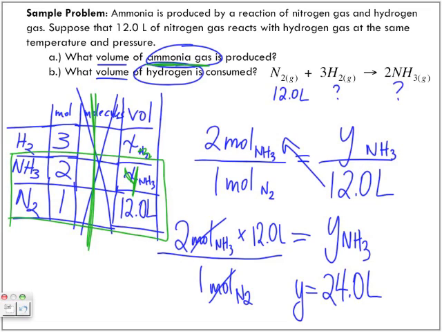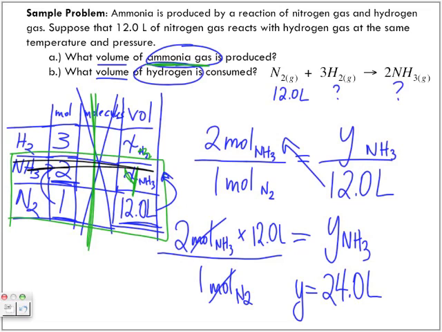Okay, and so pretty much you could almost figure this calculation out without having to go through the steps. If we're going from 1 mole of nitrogen to 2 moles of ammonia, and the volume was 12 liters, we're going from 1 to 2, so we're just multiplying the original volume of the nitrogen by 2 to give us the volume of the ammonia. To save some time,